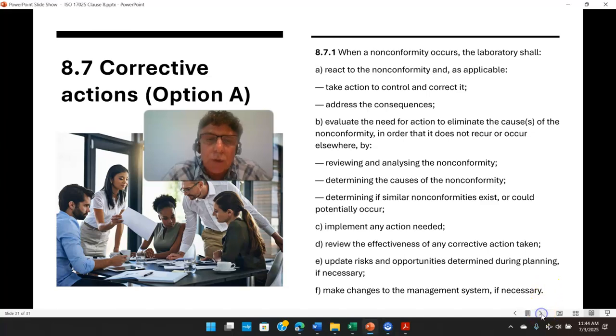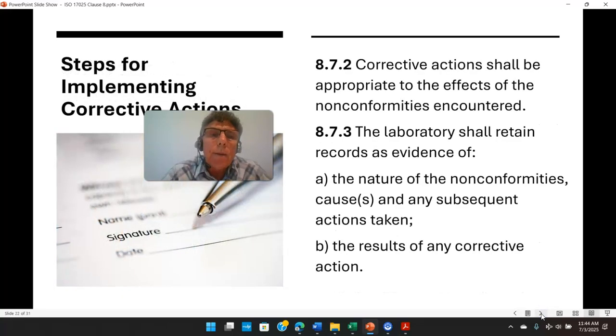And so we move on to the next requirement, which is the records part. So first of all, corrective action shall be appropriate to the effects of the nonconformities encountered. Then the laboratory shall retain records as evidence of the nature of the nonconformity, causes and subsequent actions taken, and the results of corrective actions. So you need to keep and maintain records of your nonconformities and corrective actions on some sort of corrective action form. You might want a log where you're logging all of your corrective actions for a period of time, because